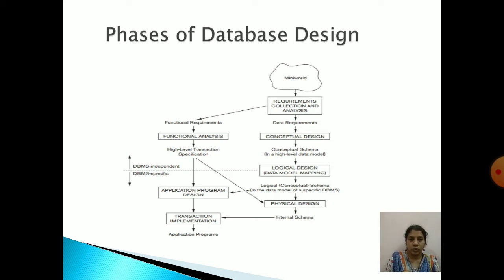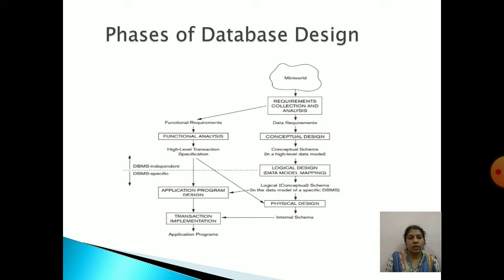So here also you need to collect the requirements and analyze those requirements. So from where you are collecting these requirements? From the mini world. That means from the existing world or the real world, you will gather the information and then you have to see what are the data requirements and what are the functional requirements.